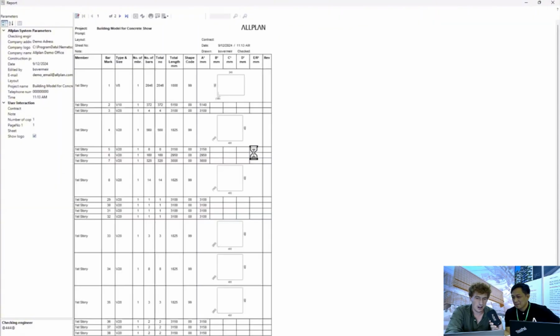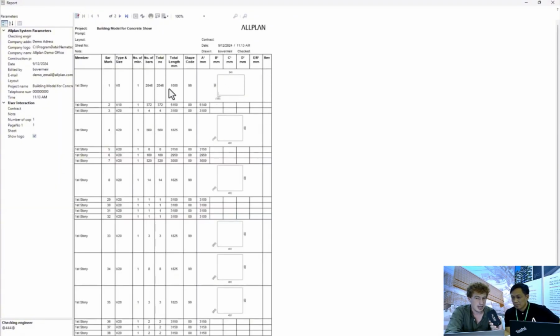I have some other reports to show you. For example, we have some reinforcement reports. Let's take this British Standard one, for example. Okay. We generate that one, and we can see that all the rebar is actually represented with the shape, the